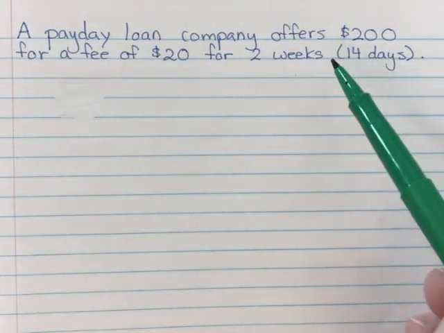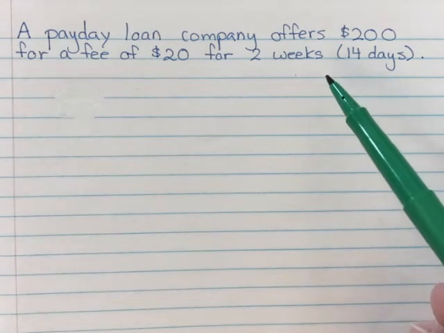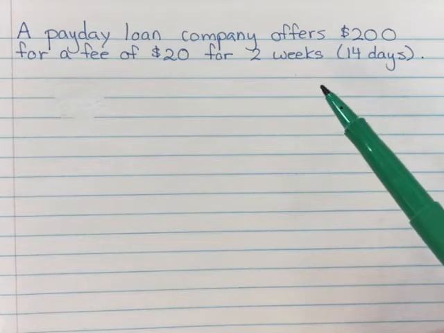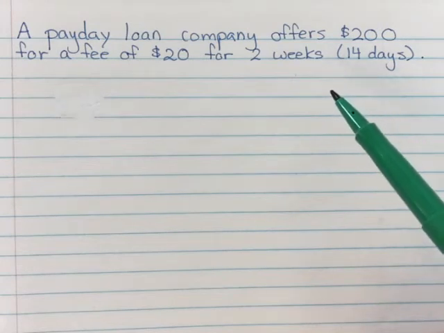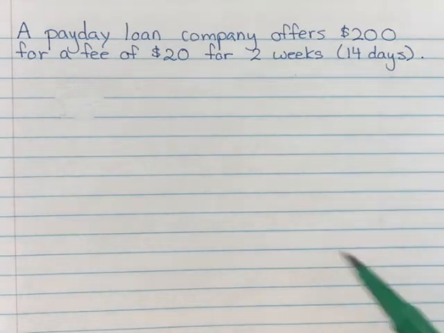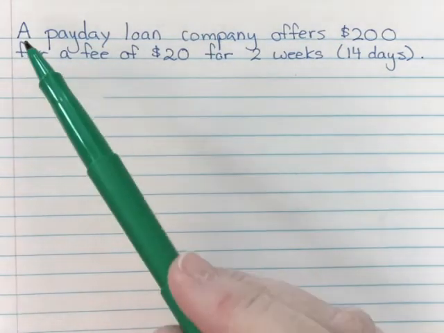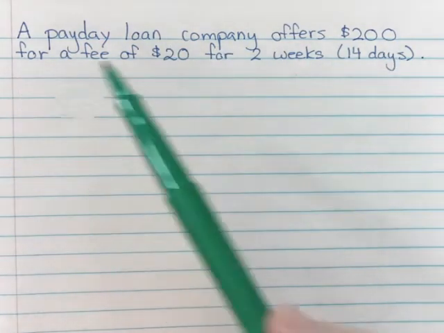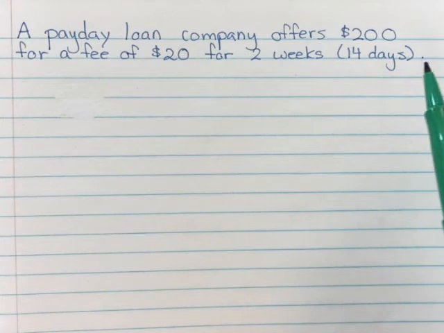We're just going to do a third example of how to calculate an annual interest rate on a payday loan. There were 2 examples in the video that you watched. This is just a third example in case you needed a little extra explanation. So this question says, a payday loan company offers $200 for a fee of $20 for 2 weeks, which is